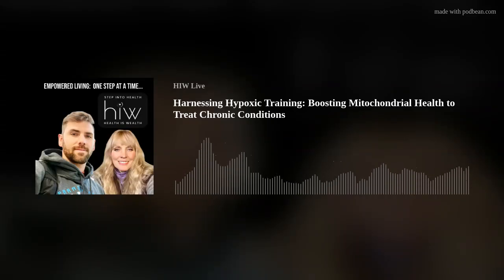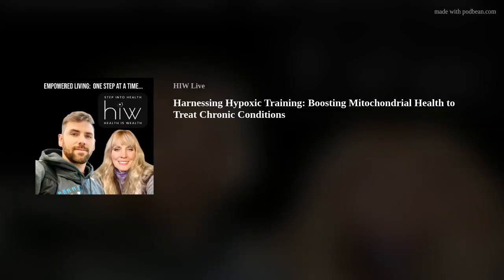Metabolic syndrome and type 2 diabetes. Hypoxia promotes insulin sensitivity, regulates glucose metabolism, and reduces inflammation, offering potential benefits for managing metabolic syndrome. Cancer treatment support. Hypoxic training enhances immune surveillance, potentially slowing cancer progression and improving outcomes in cancer patients. Conclusion: